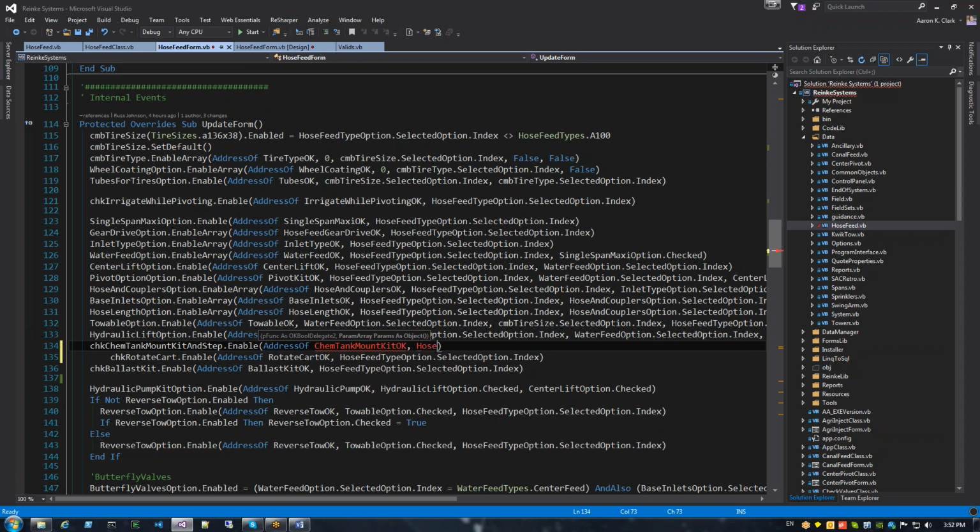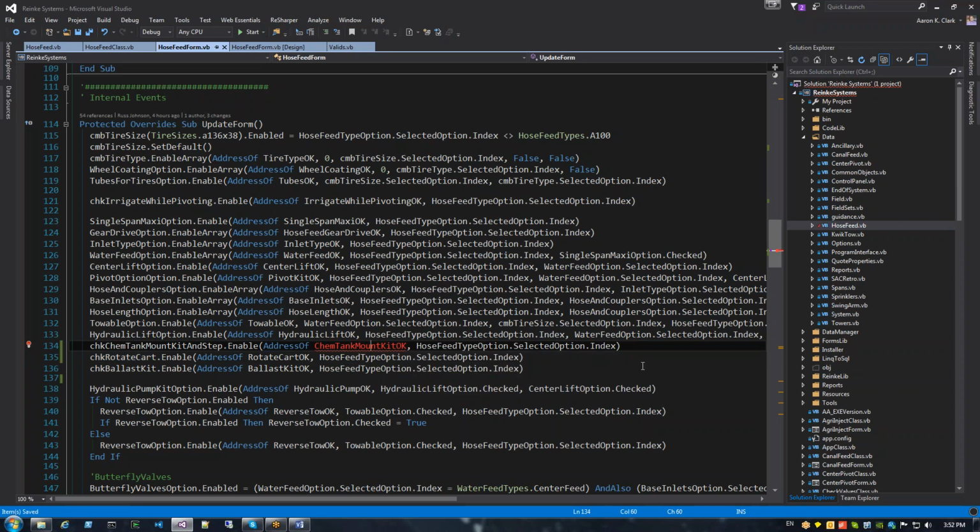Okay. Do hose feed type option dot select option dot index. All right. So that is just verifying that chemtank mount kit is okay, but it's red because we haven't